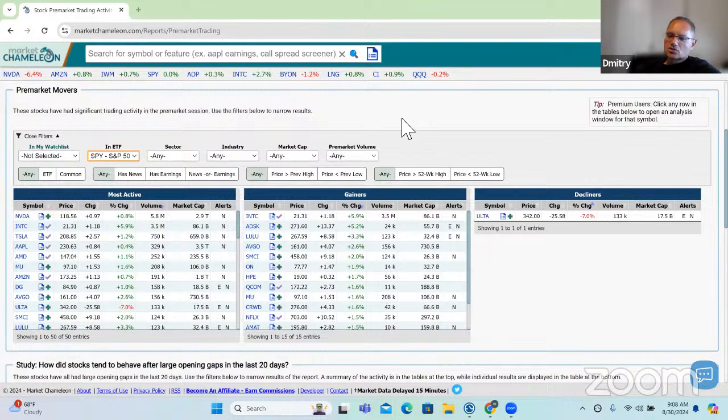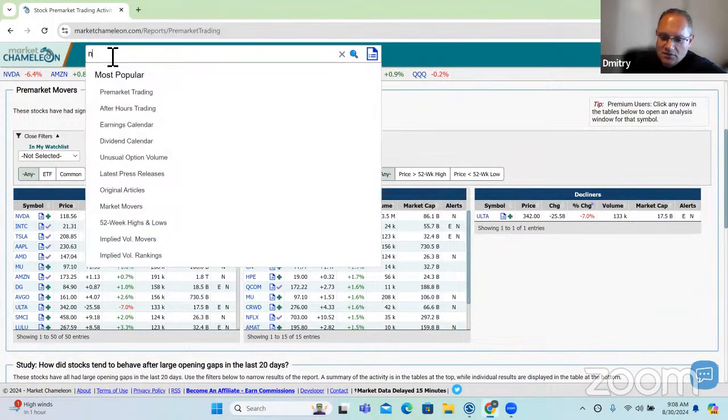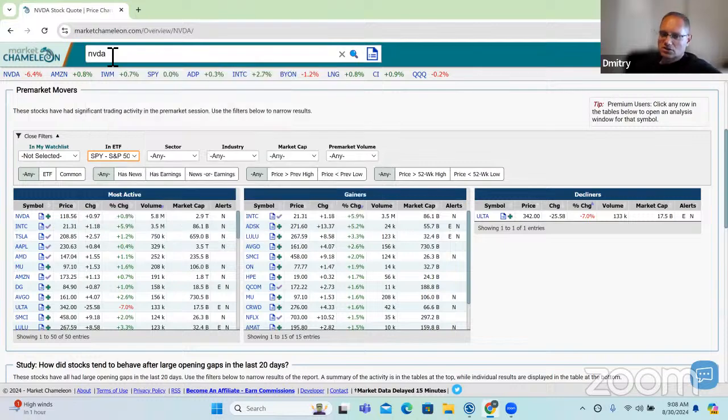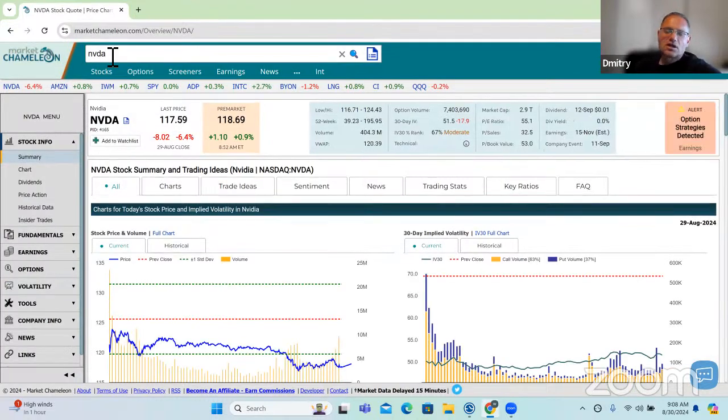There are a couple of ways to do it. One is we have this report that is already kind of preset, and I'll show you that one. So let's go to Nvidia over here. Let's say we click on Nvidia, and